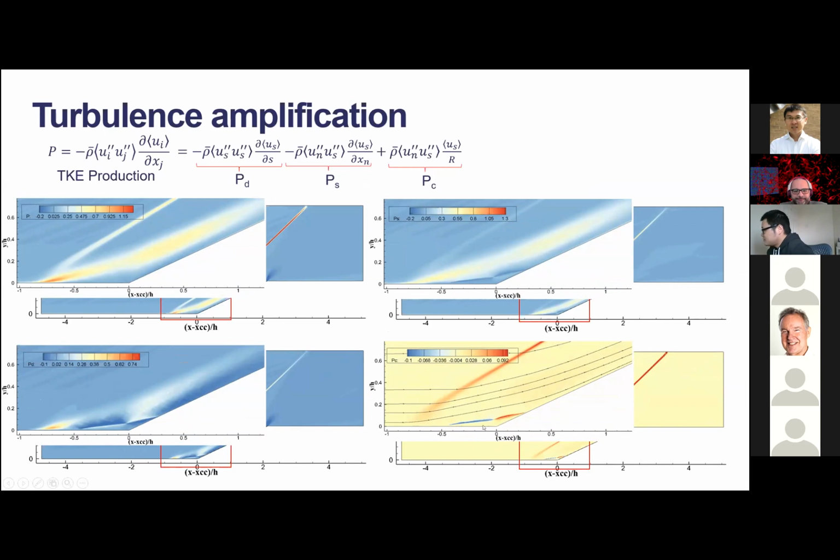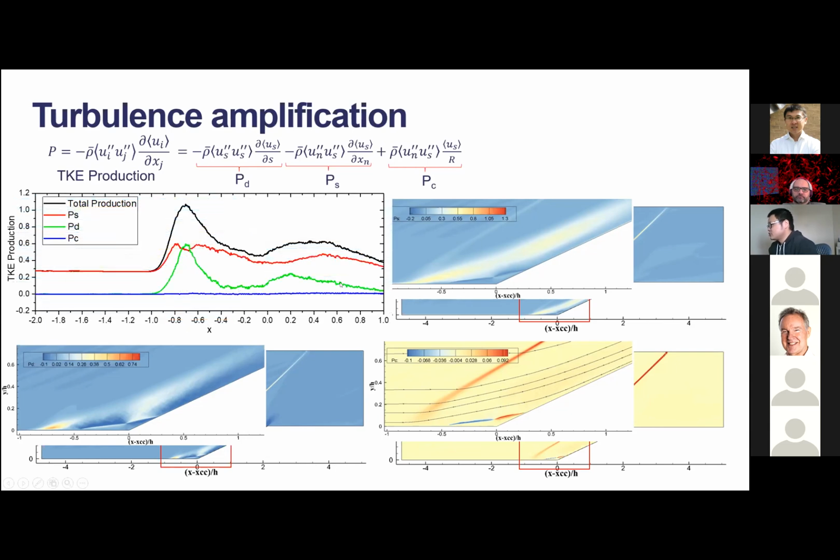the curvature terms have quite noticeable values at the edge of the separation bubble, because there is a strong streamline curvature there. So then we also extracted the peak values. For this configuration, we see that the deceleration terms are much larger than the shear terms. So for the 25-degree case, the amplification of turbulence is mainly caused by the flow deceleration, and also